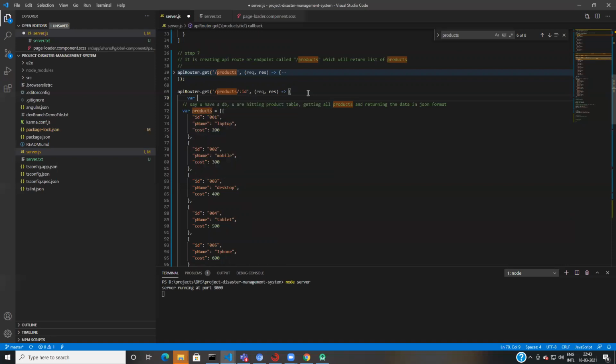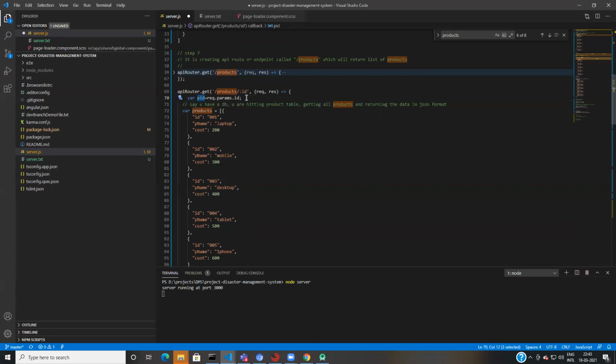So I say var PID equals to request dot params, I mean whatever parameter you pass, dot your ID.